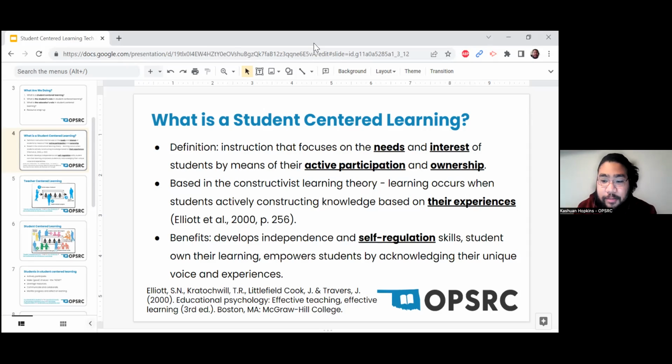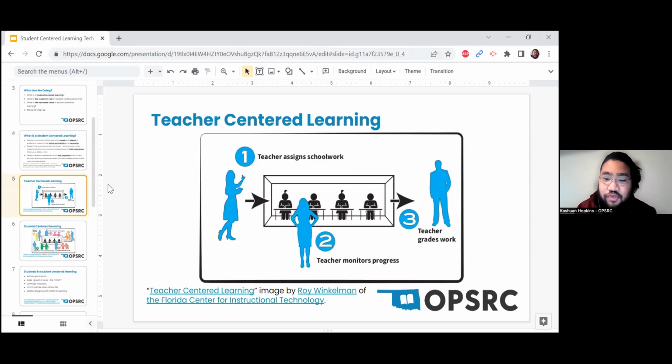But like I said before, some more benefits: students own their own learning. They can be empowered by using their own unique voice and experiences. I've already said enough about those, so I won't go further on this one. But what it looks like, it has some illustrations for that, comparing the two different types of learning setups. I'm not entirely sure of a way to group them, but one of them would be